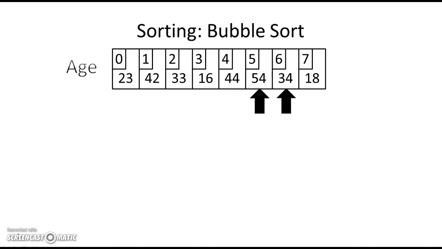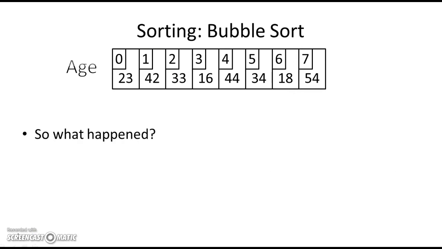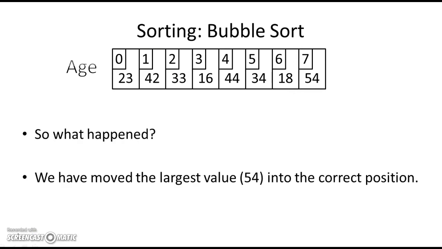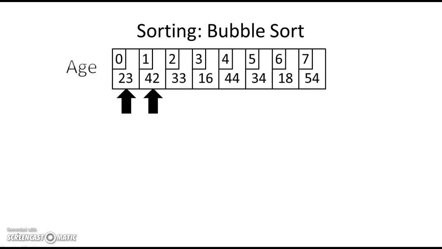We check the next pair. Is the left bigger than the right? Yes it is, so we swap. And finally, is the left bigger than the right? Yes it is, so we swap. So now we have not sorted the array, but we have pushed the largest value, 54, to its correct position, because it's at the top of the array now. So if we do that again,